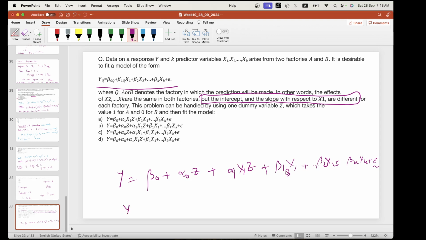So if I write the model as this, y equal to beta naught plus alpha naught z plus alpha 1 z plus beta 1 q x1